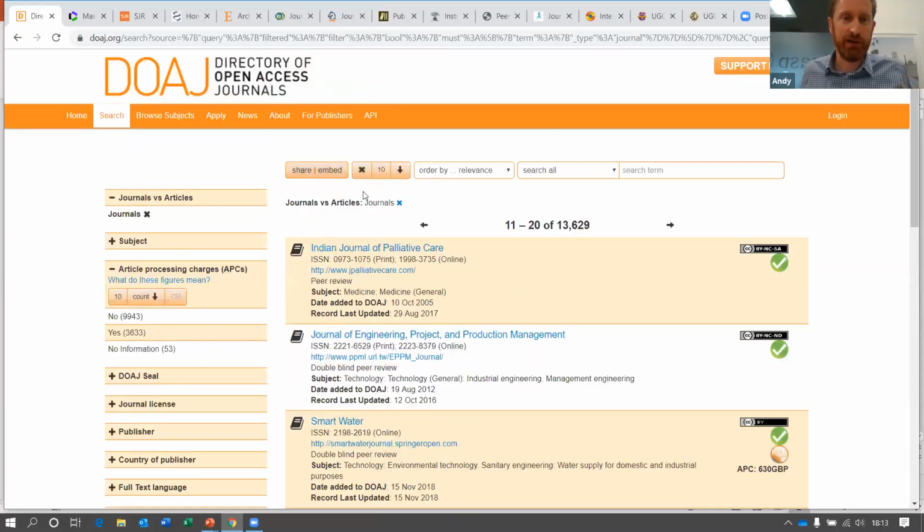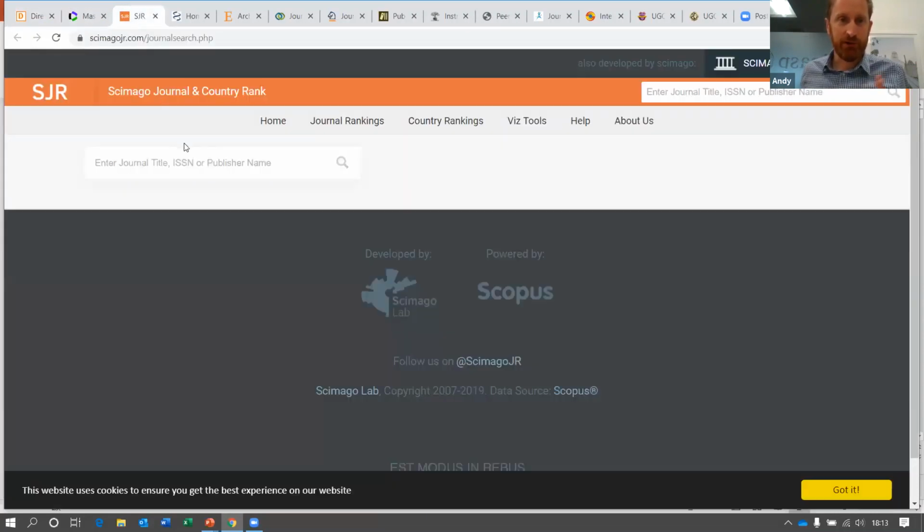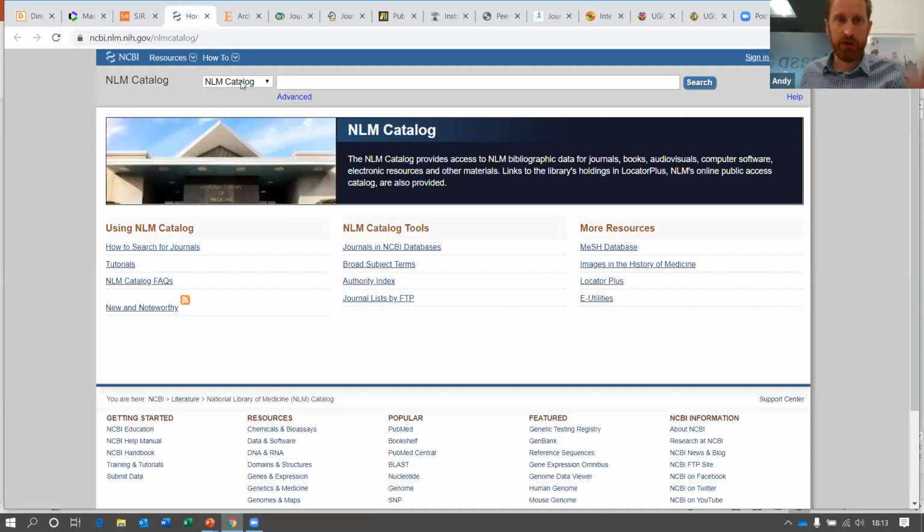So I've got here the Directory of Open Access Journals. I have the Clarivate Master Journal List, which I can search for journals in. I've got Scopus, this is the SCImago Journal and Country Rank, which I can search in. And I've got PubMed, or the NLM Catalog. And these are all the links that were in the presentation earlier. And I forgot to say, I'll share the presentation later so you can follow all these links and check out